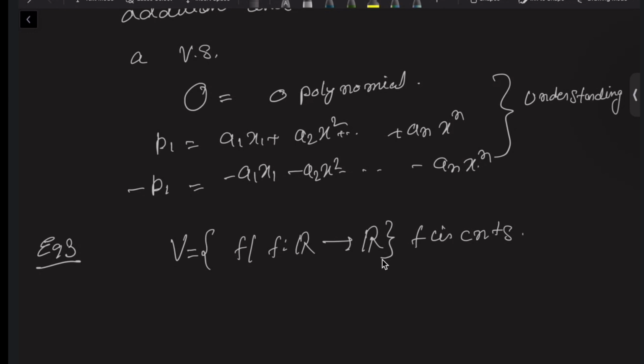So all the constant functions, all the polynomials, all your trigonometric functions, sin x, tan x, all those functions that are continuous over R, obviously. So tan x may not be continuous over the whole R, but sin x is. And similarly, exponential functions, all those functions which are continuous over R, we are taking as the set V, and we define